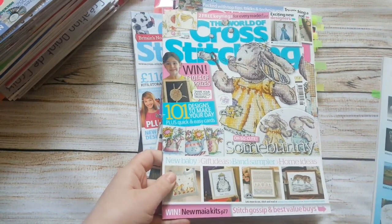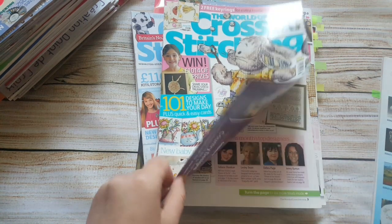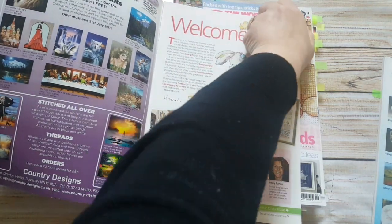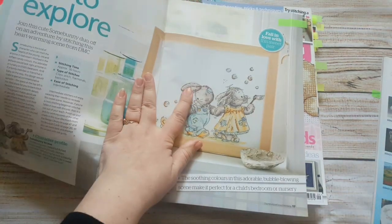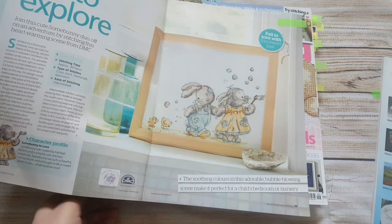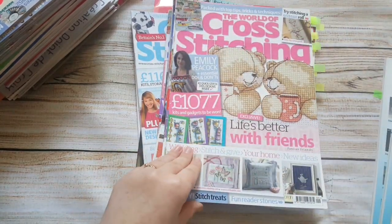Now, issue 179, so Somebody to Love, and the sampler I was looking at. And let me see what I chose here. Oops, left too much. Somebody to Love, but definitely not this month. It looks nice too. Then I have 180,